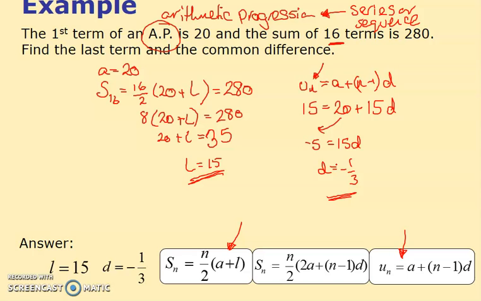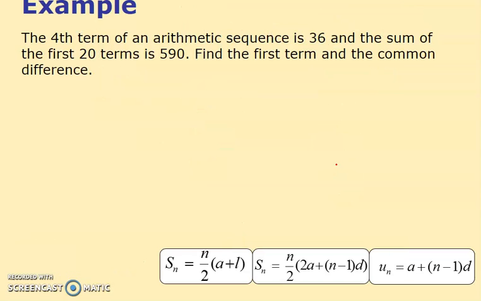15 and minus a third, there you are. The fourth term of an arithmetic sequence is 36. So again, I'm going to write U4. And what is U4? Well, again, using this formula, it's a plus (n minus 1)d. So here it's a plus 3d, and that equals 36. And the sum of the first 20 terms